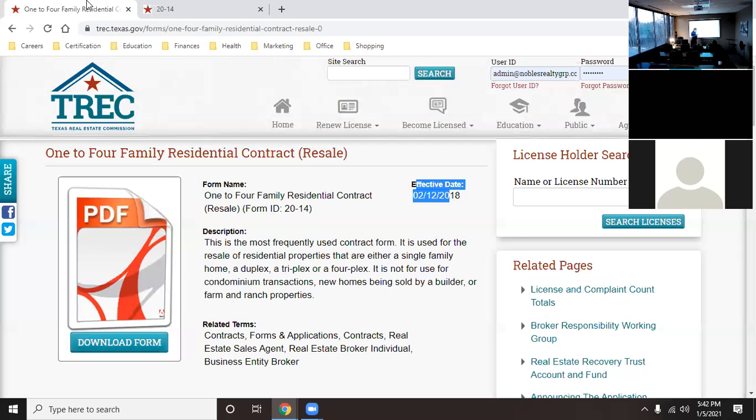Now, when they change the contract date, Mr. Eugene, I'll ask you this. When they change the contract date, do you think that they send it in bold letters and screaming and hollering, we're changing contracts and this is the date? No, I don't think so. No. Guess what it's going to look like? It's going to look just like your average spam that you get in your spam folder. Okay? So again, very important when you're going through these contracts that you're using the most current version.